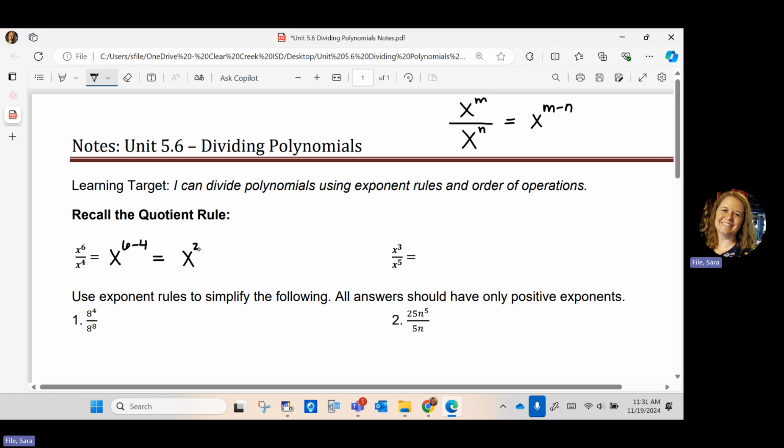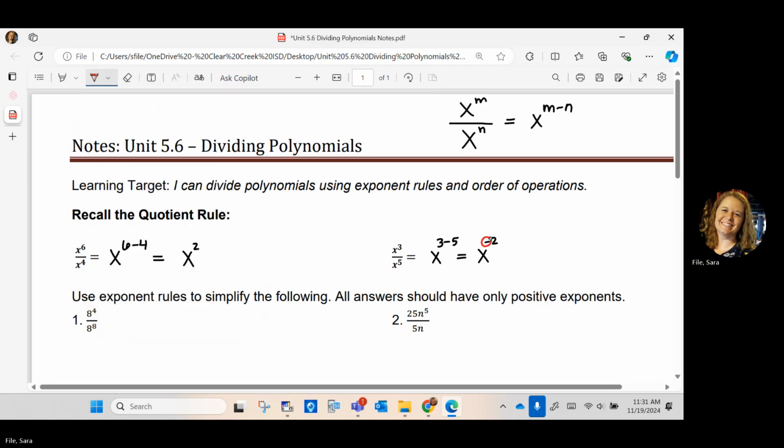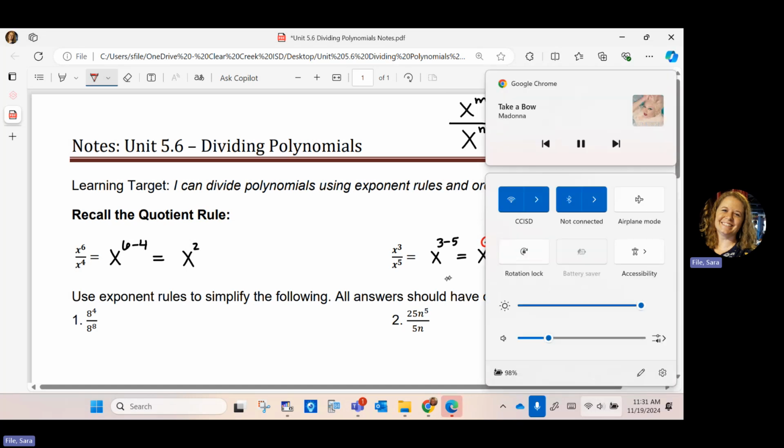Now here, if the top of the fraction's exponent is smaller than the bottom's, when you subtract, you get a negative. We also need to recall our negative exponent rule. We do not leave negatives in our exponents. So remember the negative exponent rule